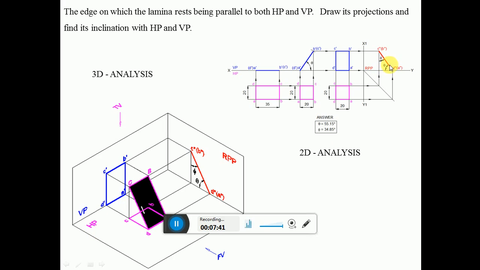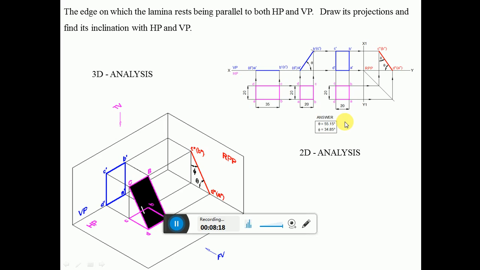So then I need to find out the inclination. By using the protractor, you measure this inclination with respect to the XY line. You are going to get theta, which is 55.15, and by holding the protractor here, then measure this inclination towards this vertical line. So you are going to get the inclination with respect to VP, which is 34.85. Since we did it in CAD, you are going to get up to the second decimal point. For you, it will be 55 degrees and this will be 35 degrees. So the sum of these two should always be equal to 90 degrees, always.